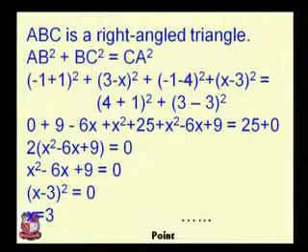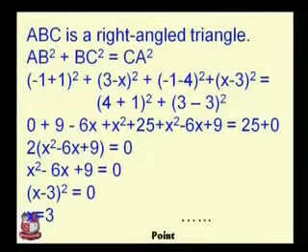Now (3 - x) square, as we know the factorization of (a - b) square. So you have to be familiar with the factorizations. Using the (a - b) whole square formula, we know that (a - b) whole square is equal to a square minus 2ab plus b square. So using this formula, (3 - x) square is equivalent to 9 minus 6x plus x square, plus (-1 - 4), we get -5. So (-5) whole square, we get 25.